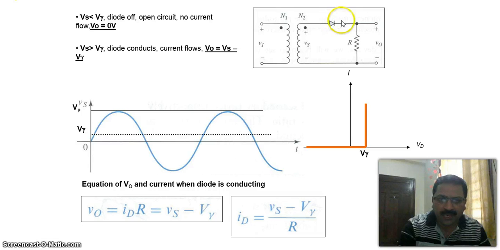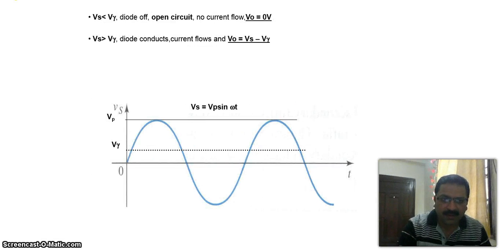Using this formula, we will step down to the required secondary voltage. Now when we connect a diode on the secondary side after stepping down the AC voltage, this diode is going to transmit only the positive half of the AC voltage, and the negative voltage will not be transmitted. We'll see this in the next diagram.